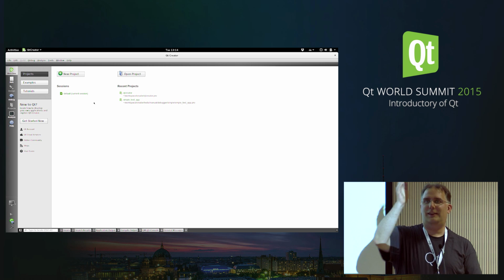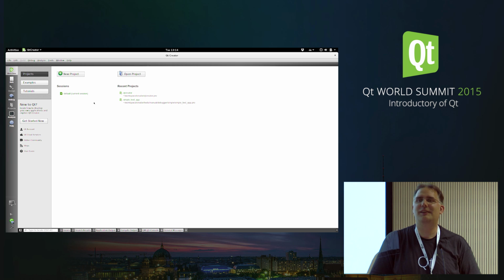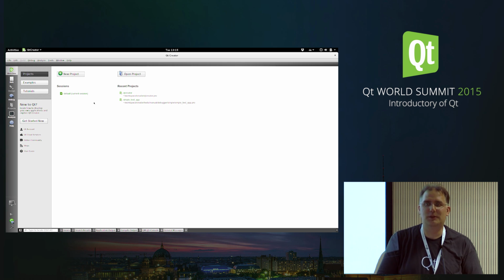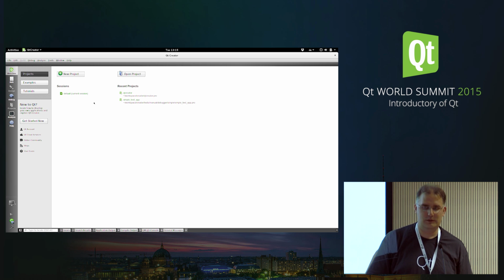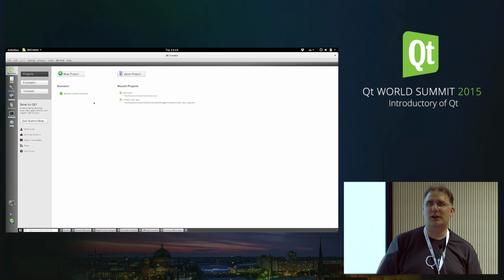So, yes, a question. Syntax highlighting, is it compatible to Kate editor? Because the format is as provided by Kate. So the question is whether we are compatible to the Kate editor, and we are using exactly those files, and we actually download them from the Kate website. So if I introduce something as a new language or whatever, it is sufficient to have that syntax highlighting. I don't have to create a code model,